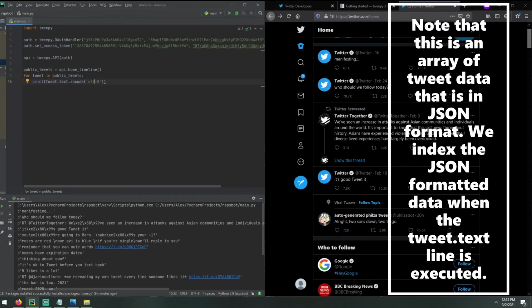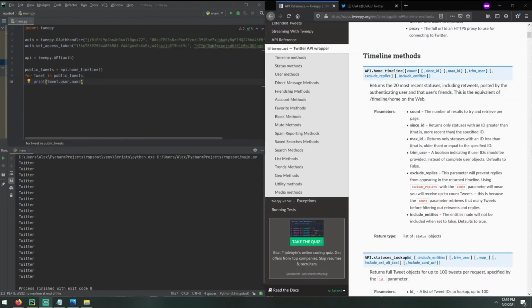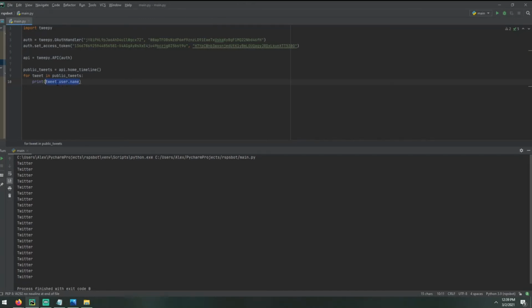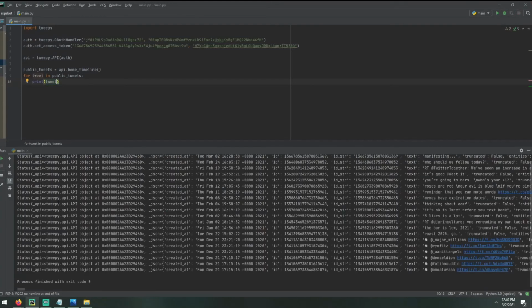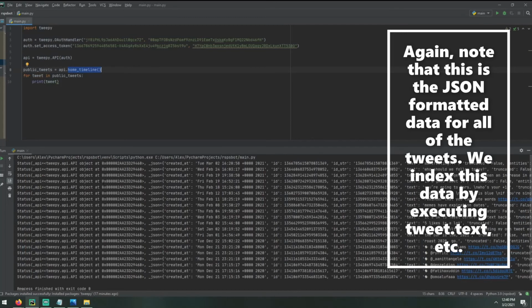So you can get various things from each tweet. I'll go and find some real quick so that we can print off various things from each tweet instead of just the tweet text. Okay, I've looked through the documentation and I've noted that you can just print out the tweets for all of your home timeline tweets, and you can also make it to where this gets more than the number of tweets that it's getting right now. So when you print out all of the tweets, it'll give all of the information that you need